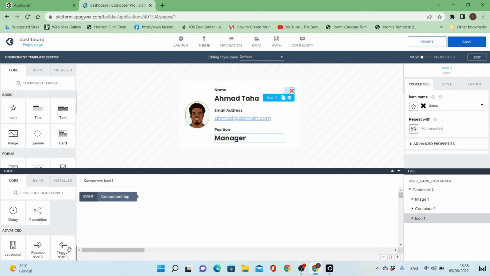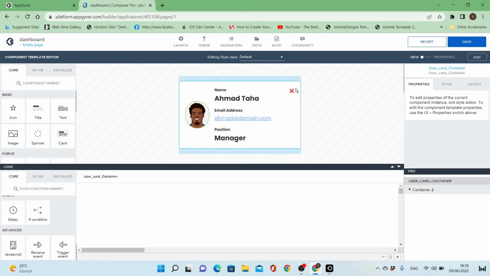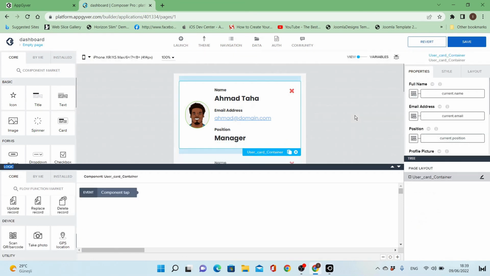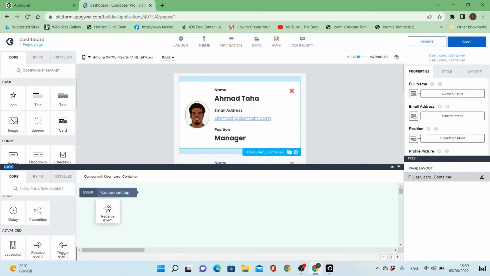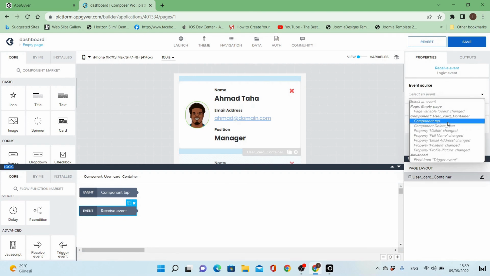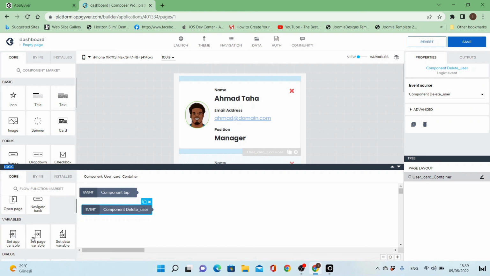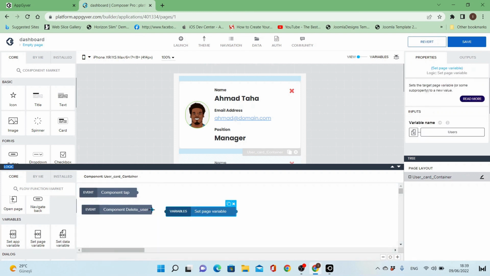Let's go back to view. When clicking on this X, an event will be triggered, and this event will be the delete user. Okay, so clicking on this X will trigger the event delete user. Let's go back, and now from this component I will receive the event which is delete user. I use the receive event flow function and then select the delete user